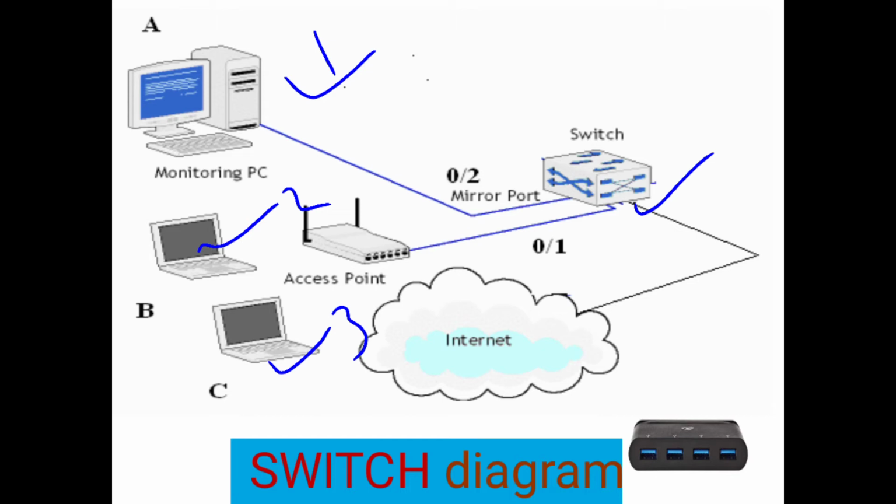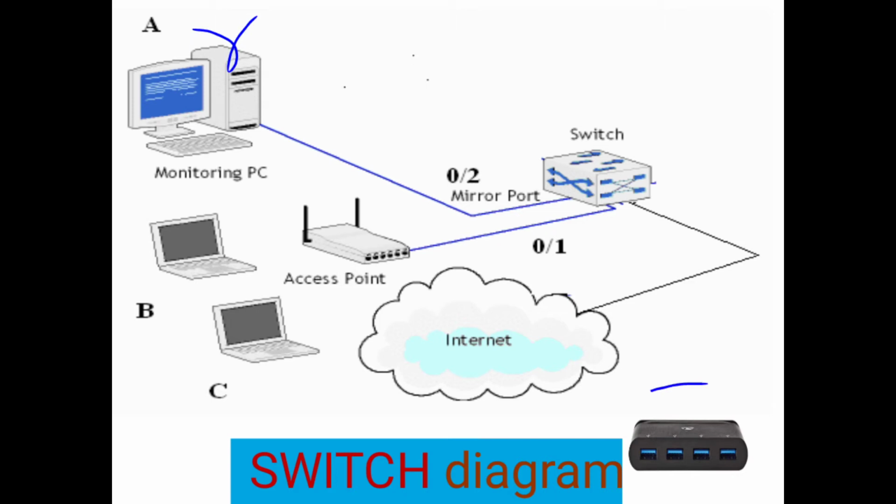Now when this computer, PC A, is requesting, there is a request coming from PC A. A switch is so intelligent. This device is a switch, which is look-wise the same as a hub. There is no physical difference between the switch and hub, but functionality-wise it will differ. As you can see in the diagram, there is no connectivity from the switch to B also.